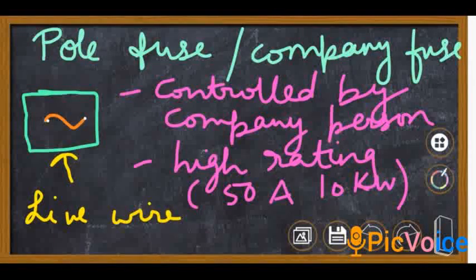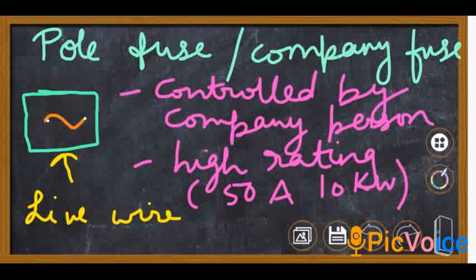Okay, now before seeing the entire connections, how the electricity enters your house, get familiar with certain terms so that you can understand from the textbook the figure very nicely. Now first we will see a pole fuse. Now the wires the cables which carry the current either through the overhead wires or the underground wires, they have got three wires in them, that is live wire, neutral, and earth. The live wire passes through this fuse.